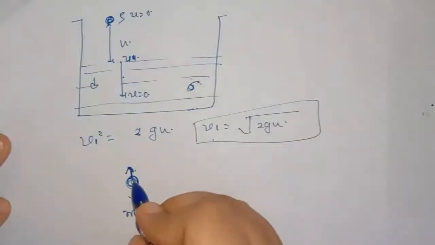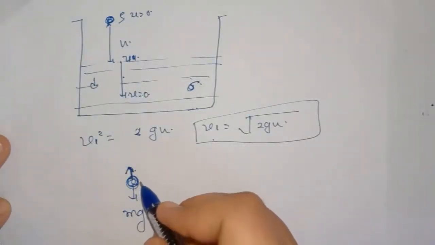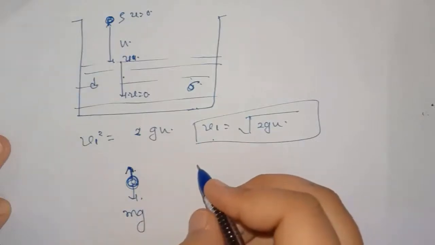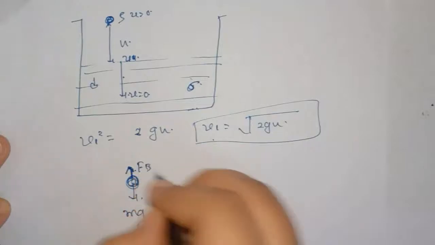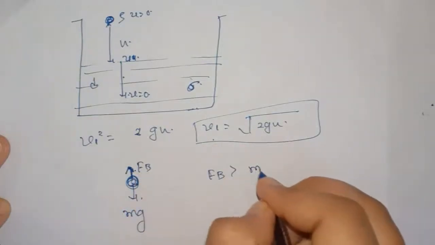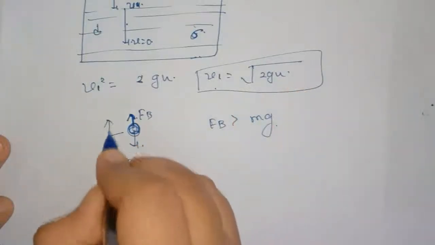As the density of the liquid is greater than the density of the body, the upthrust will be more than mg. So the net force in the upward direction will be